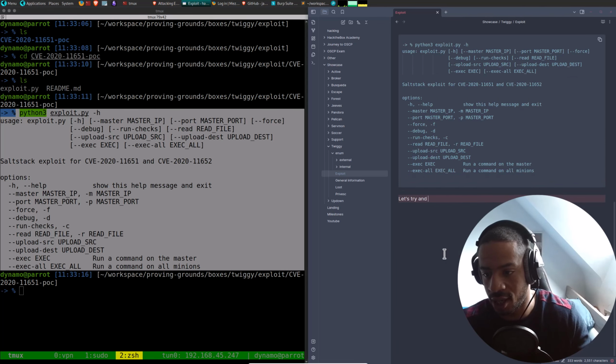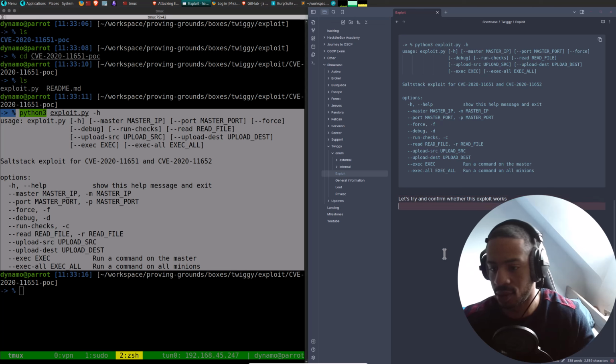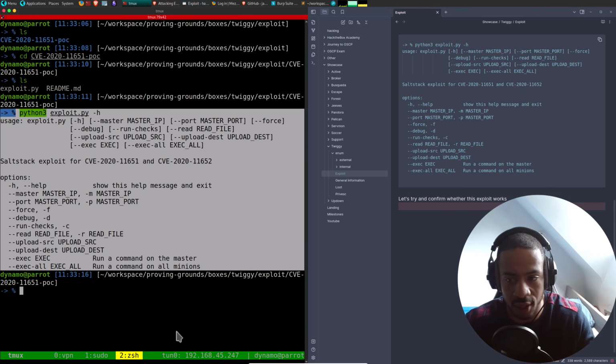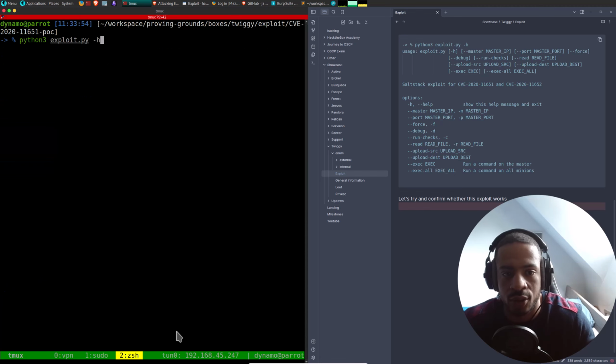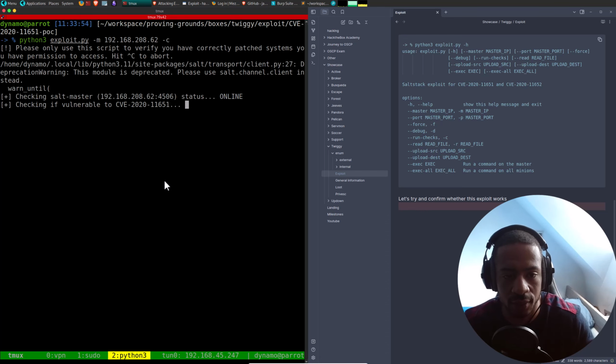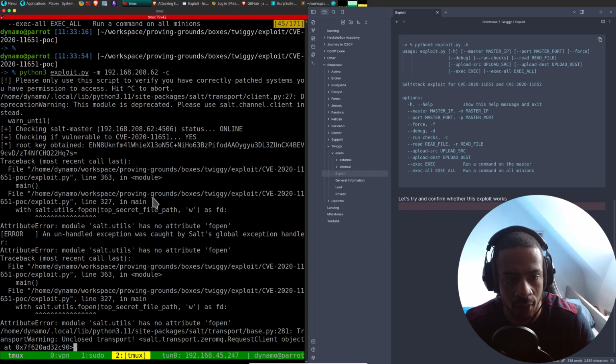Let's try and confirm whether this exploit works. Okay, so how does this work? Let's do run checks, -C. And first, of course, we have to do -M for the IP. Let's take the IP one more time. Like so. Oh, okay, what's all this?